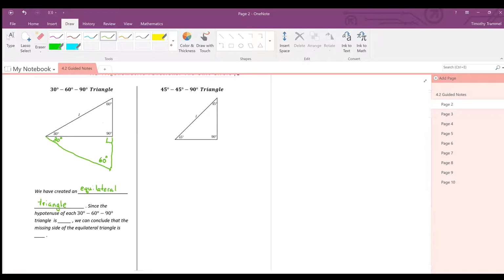Okay, and that's a triangle whose side lengths are all the same. Now you might be wondering, how do I know that we've created an equilateral triangle here? Well, this is 60, this is 60, and if you add these two 30s together, you get 60. So if all three of the angles are the same, then all three of the side lengths must be the same. So that means this must be a 1 here, and this entire length here